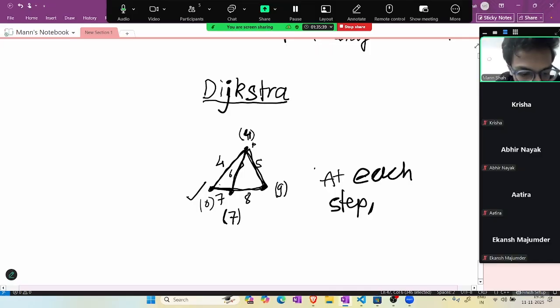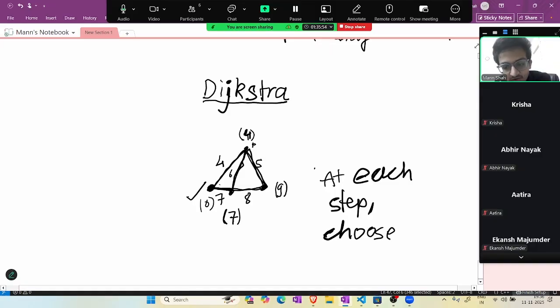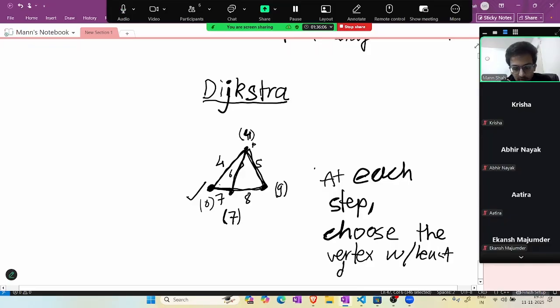For example, initially, and Dijkstra is also doing the same thing. Basically, at each step, you choose the vertex. This is not different from BFS at all. The point is that at each step, you choose the vertex with the least distance from the source,